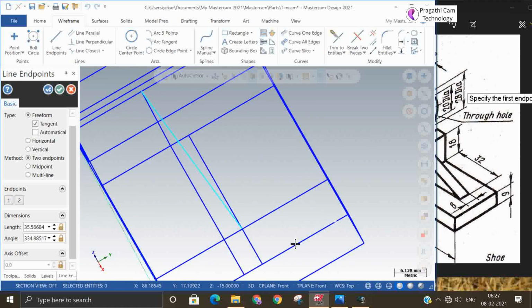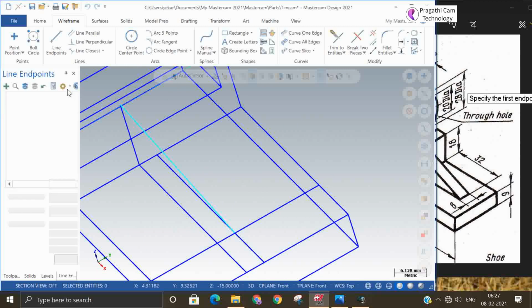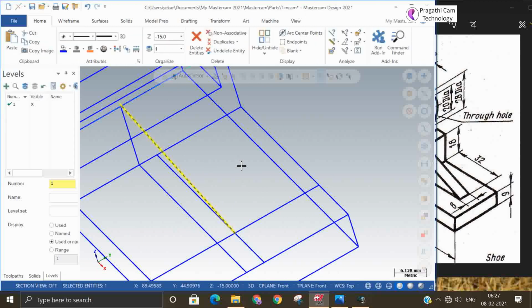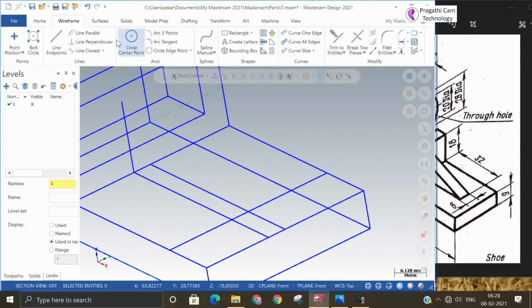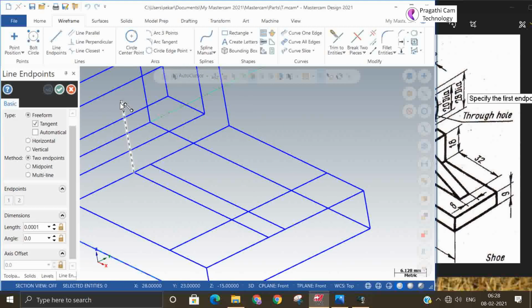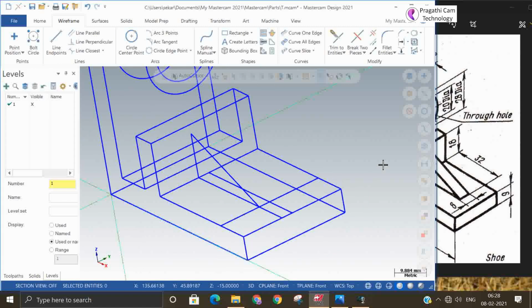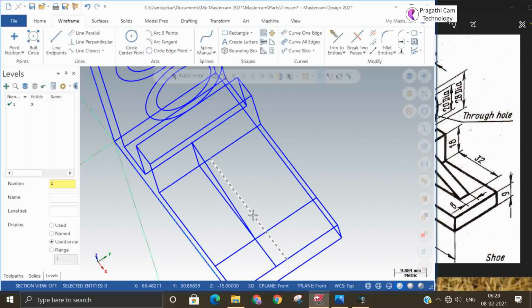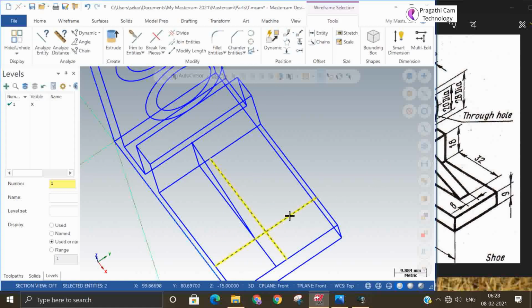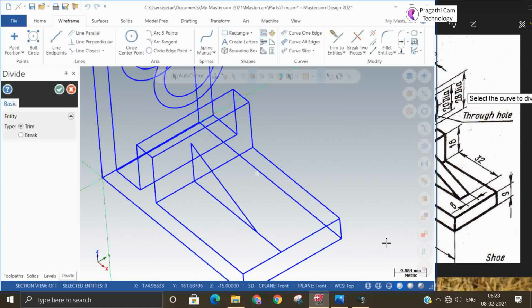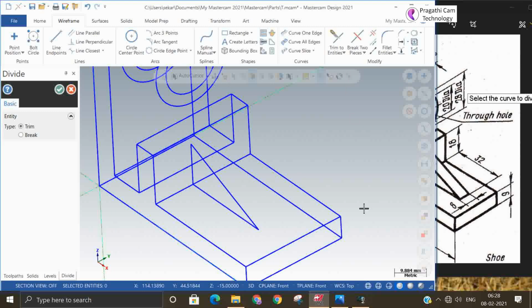The intersection point is not in 3D, that's the reason. So I have selected the wrong position. Okay, I'll delete this. Again, line from that point to this intersection point. So this triangle is also ready. So this is not required, this is not required, and you can even trim out this line.